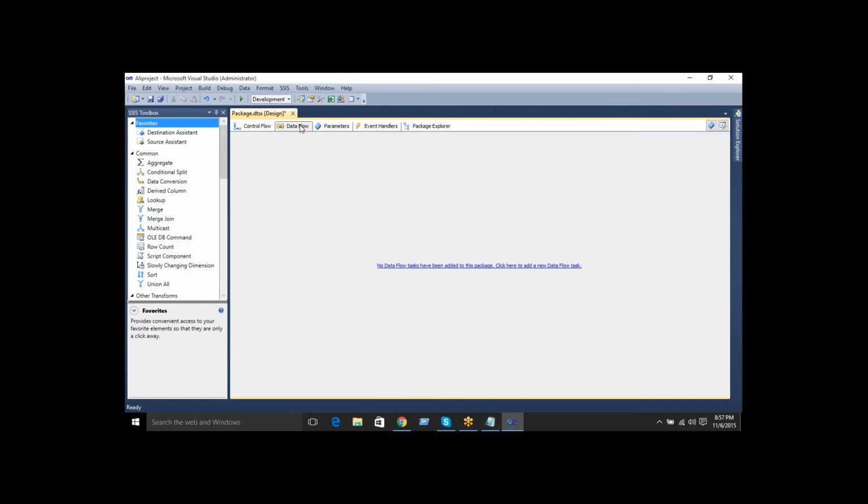Just click on data flow, and the items open. This is the data flow designer. But whenever I'm accessing these data flow items, for example, I want to use some merge, I'm not able to add this merge in my data flow designer.